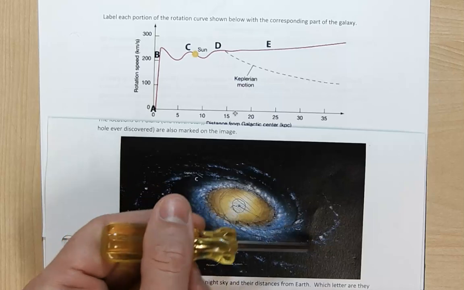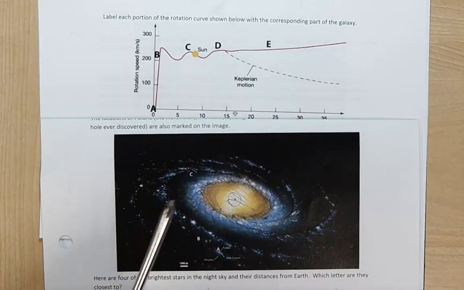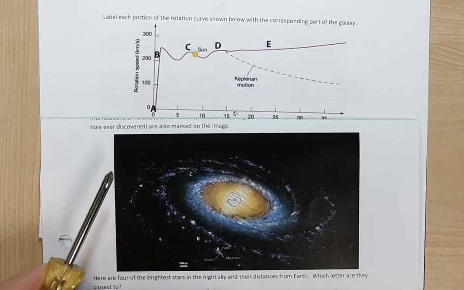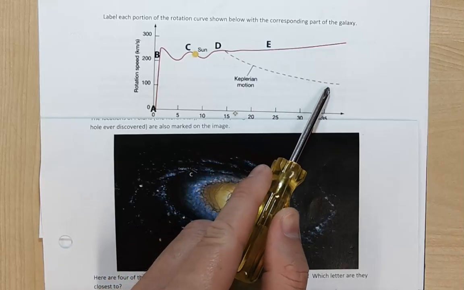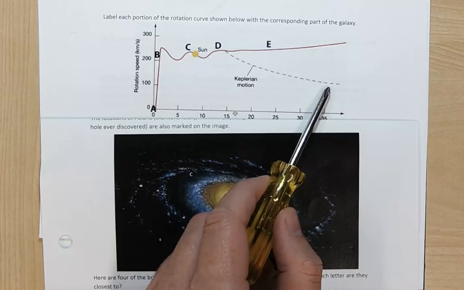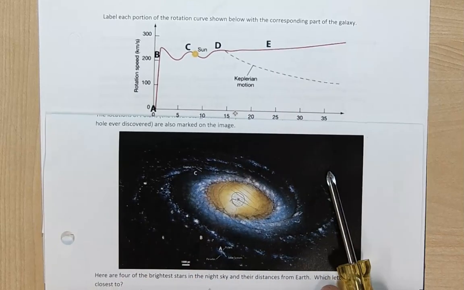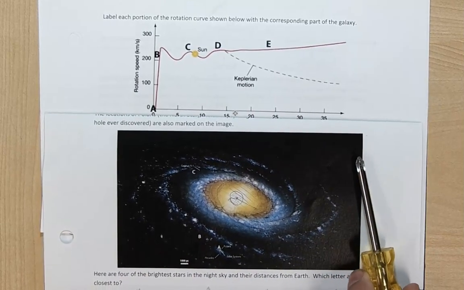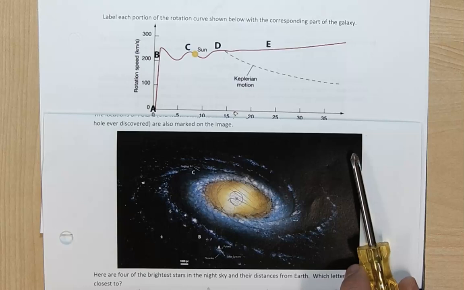If we have maxed out the enclosed mass, if we've added up all the mass of the galaxy, then as the stars get farther away, they should slow down, just like how planets slow down when they get further from the sun. But that's not what happens. Right? Out here toward the outer edge of our galaxy, these stars don't slow down the way Uranus, Neptune, Pluto slow down toward the outer edge of our solar system.